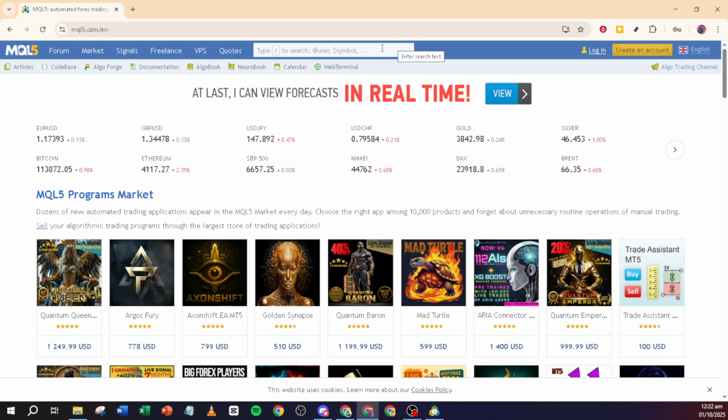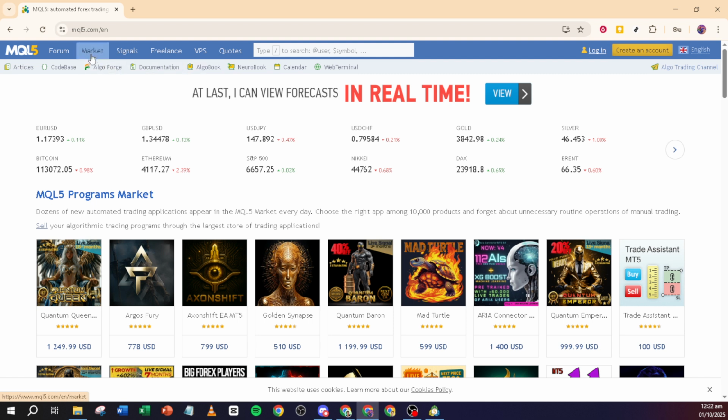To get started, the first thing you'll need is the custom indicator file. These files can often be found online, but it's crucial to ensure they're coming from a safe and trusted source. The most reliable place to obtain these is the official MQL5 market, which offers a wide range of indicators specifically designed for MT5. Stick with official sources to avoid any potential malware risks.